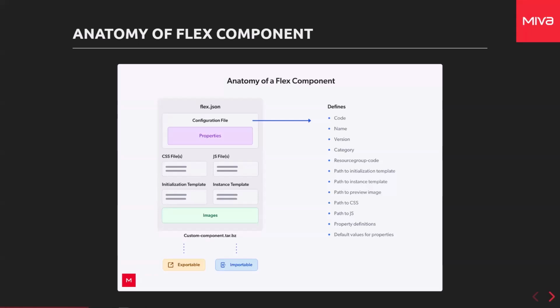The settings values are added to this template using the l.settings::instance structure. We'll talk about a lot more when we get into those templates. You can also include an image that will display when the user is using the little preview component option. But just to recap, every Flex component includes a flex.json file for user-facing configuration options, JavaScript for any interactivity, CSS